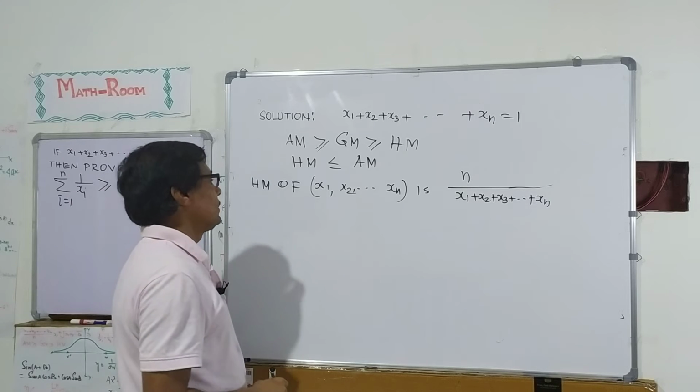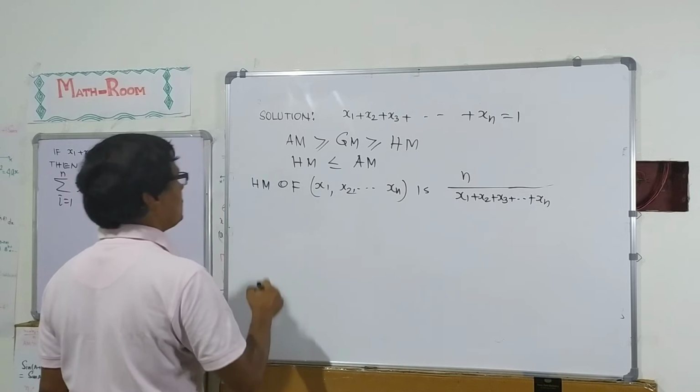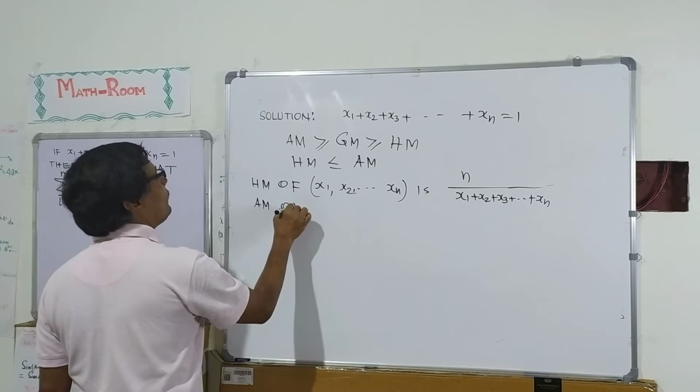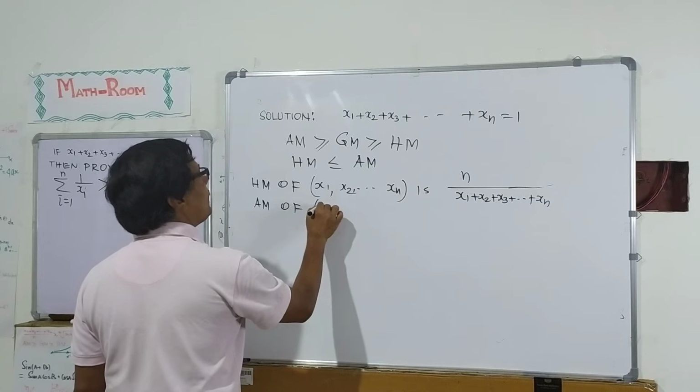This is the harmonic mean of these terms x1, x2, x3 ... xn, and also the arithmetic mean of these terms